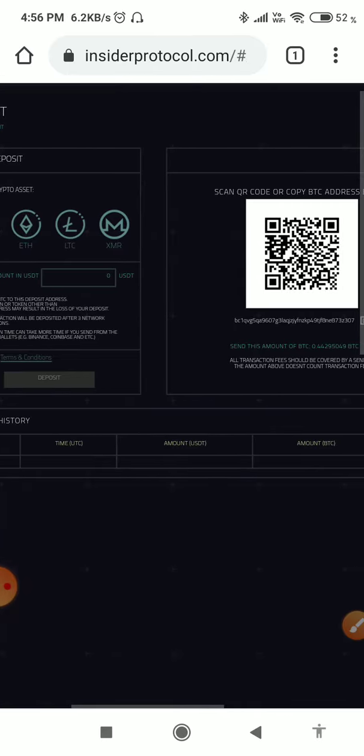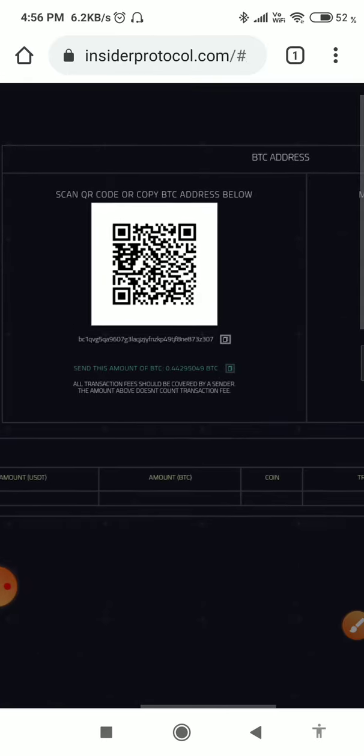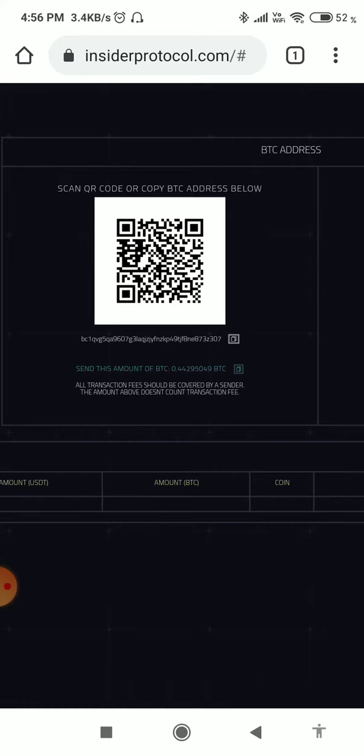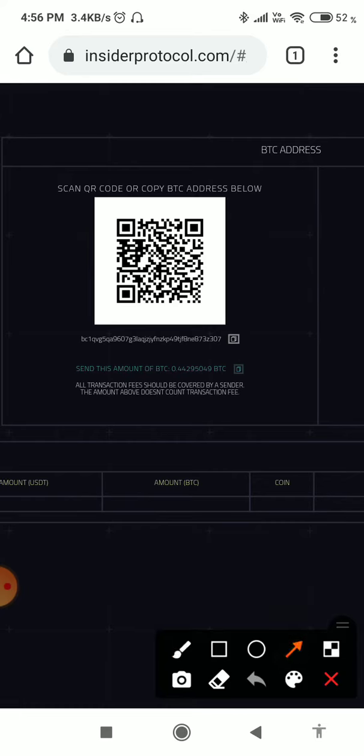When you have clicked that, a deposit page will open. If you have a mobile wallet, you can scan this code to send your amount to the platform. And if you want to paste the address, this is the Bitcoin address.